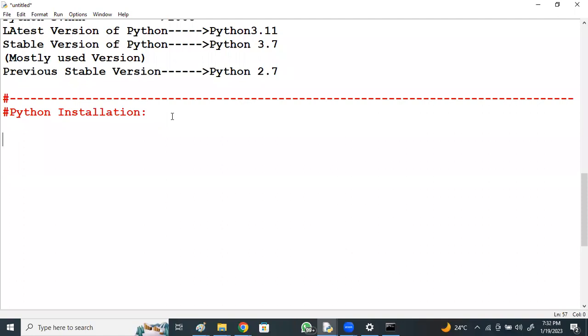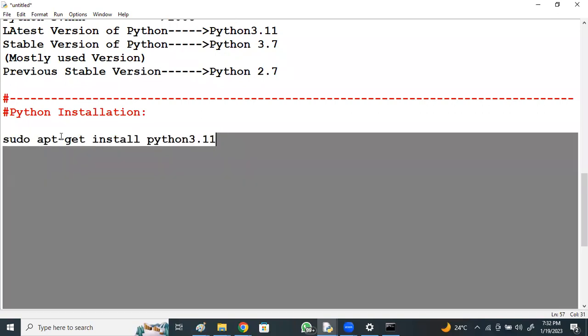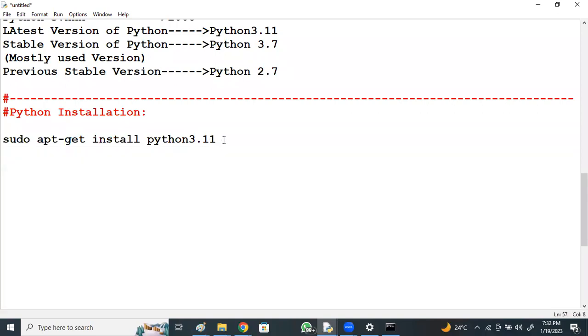If you want the latest version of Python installed on your Linux machine, perform everything from the root user. Use this command: sudo apt-get install python3.11. It automatically downloads and installs, right?